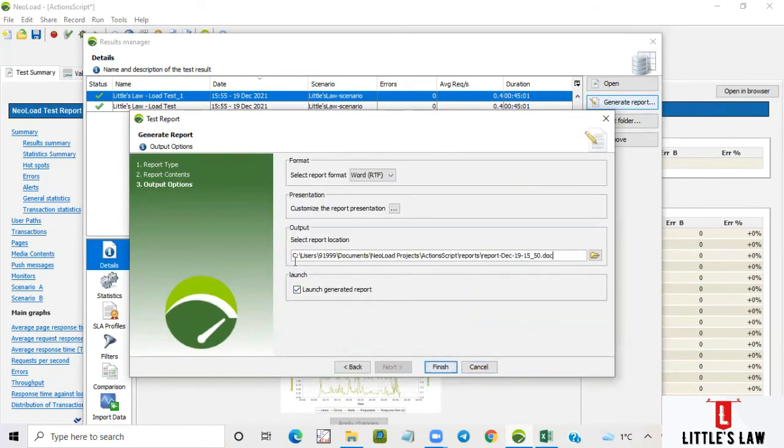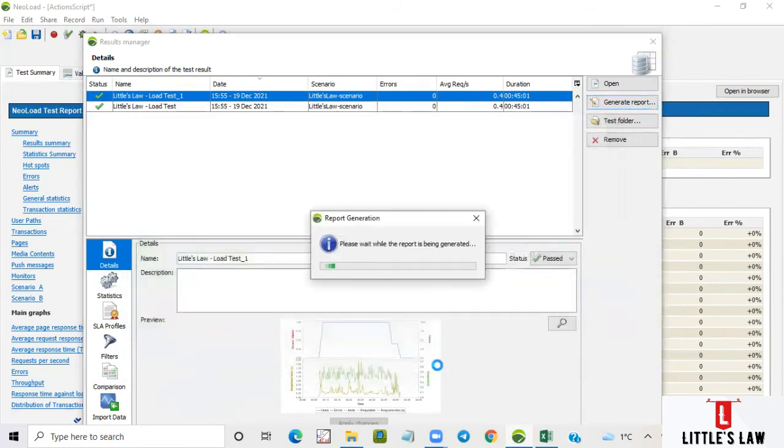And this will show you the location where we want to generate the report. And we have multiple formats as well: Word, PDF, HTML, and the XML format. In fact, we can also customize the report into a presentation. But for now, let me just take it in a Word format so that it will be easy for us to copy paste, or in case you want to send it to a client, you can take it in a PDF format as well.